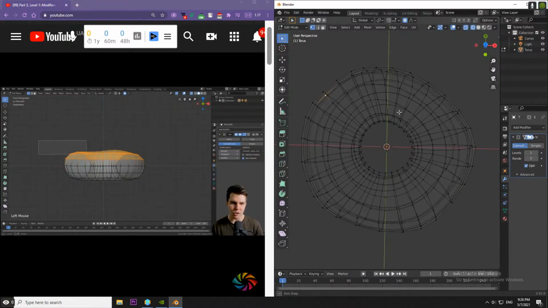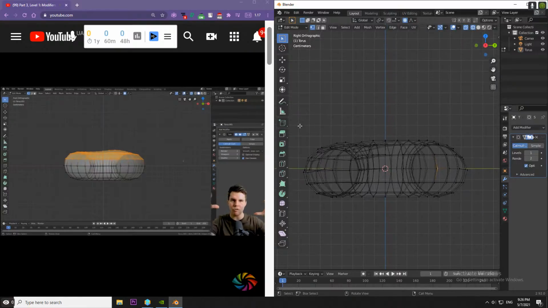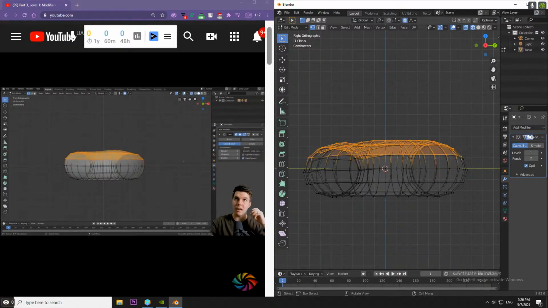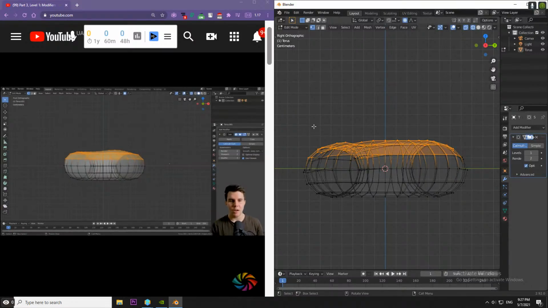I want it to be the top half, because I want to make the icing. There's going to be dribbling icing in the next part of the next video. We'll do the dribbling bit, but for now, I just want to select the top part. So I want to duplicate this. To do that, the hotkey is Shift